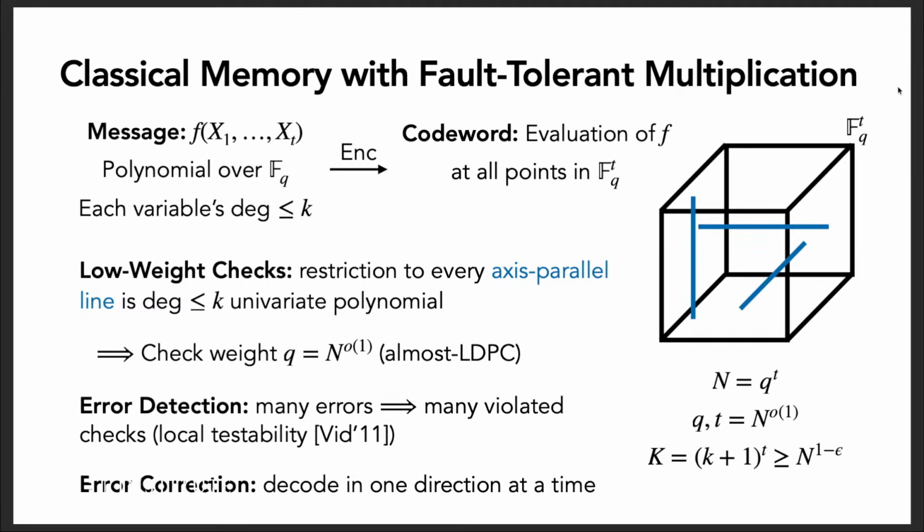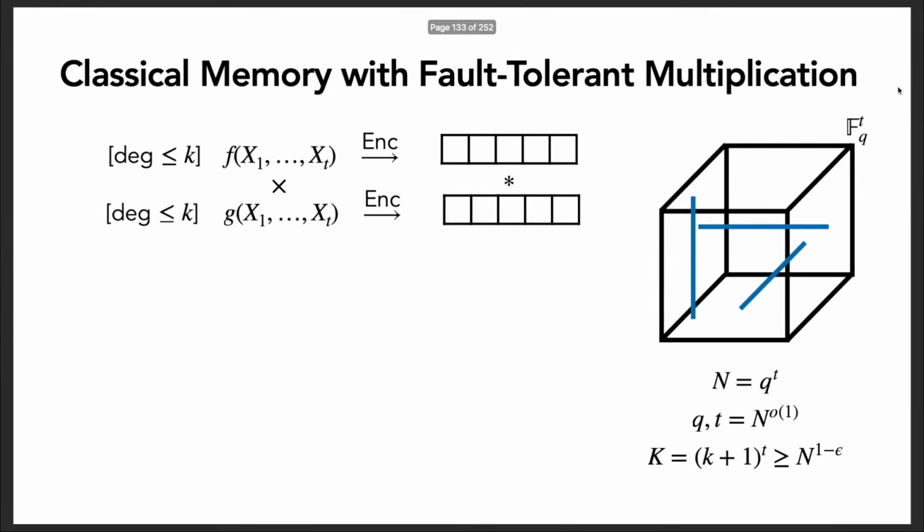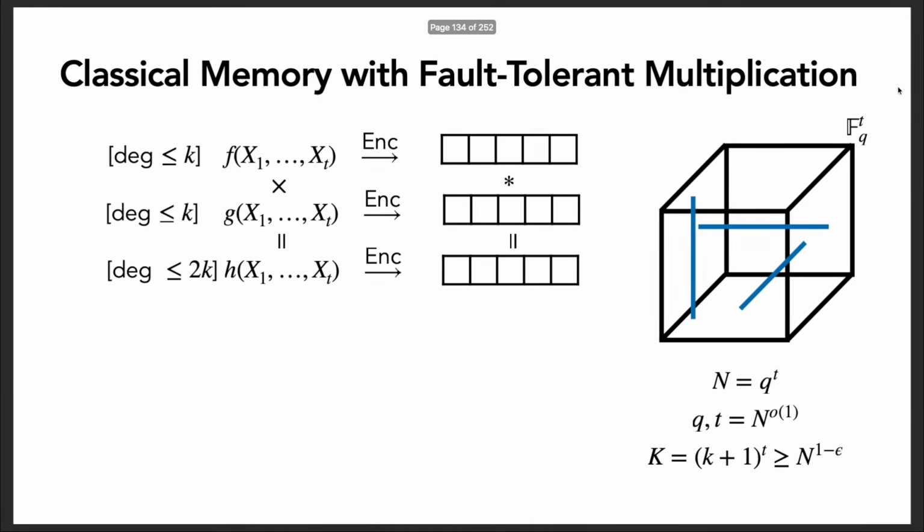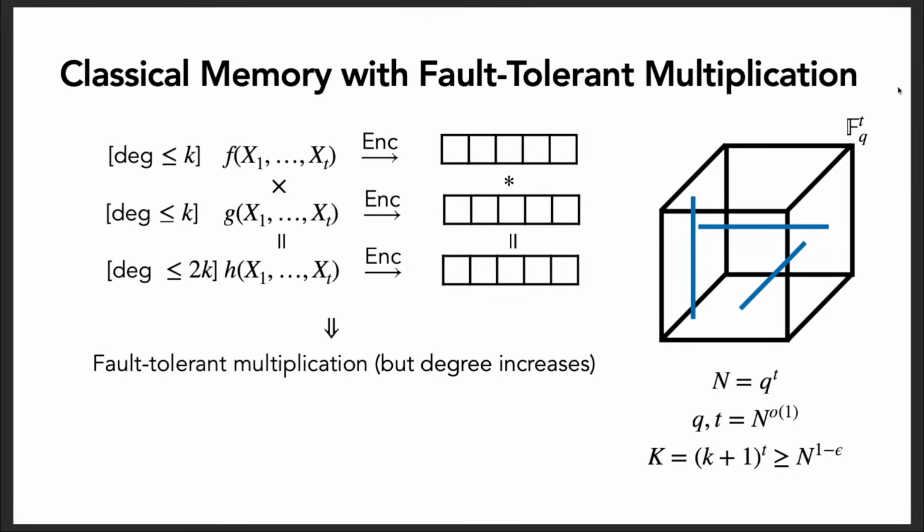So this is our classical memory. It also has this multiplication property that if we multiply two degree k polynomials, we get a degree 2k polynomial, which means that we can fault tolerantly perform multiplication because we just line up two code blocks and multiply them bit by bit, component by component. That's depth 1, so it's by definition fault tolerant. Not many errors can occur. But it does increase the degree. So as I'll describe later, we will eventually need to fault tolerantly reduce the degree back down to k to repeat this multiplication many times.